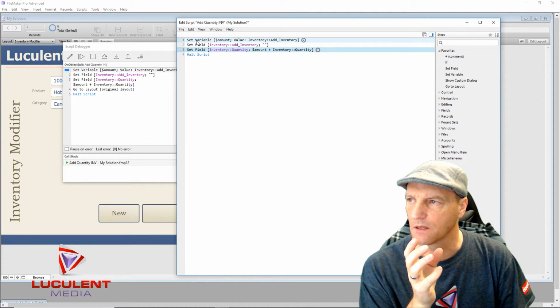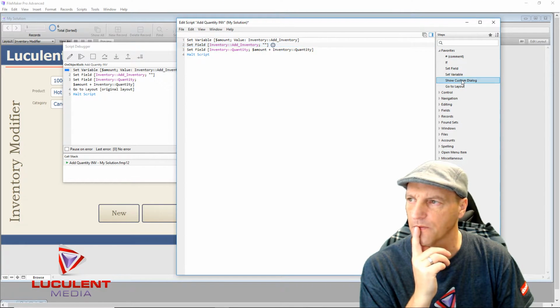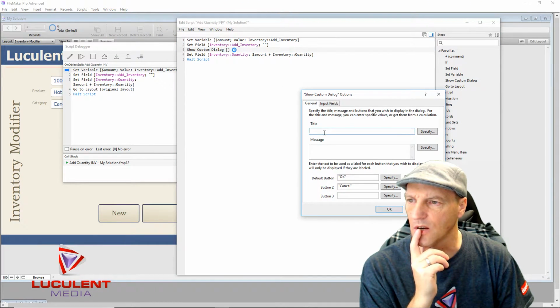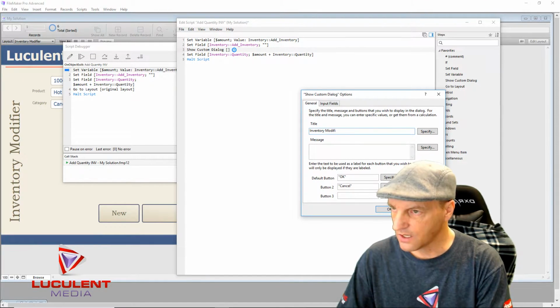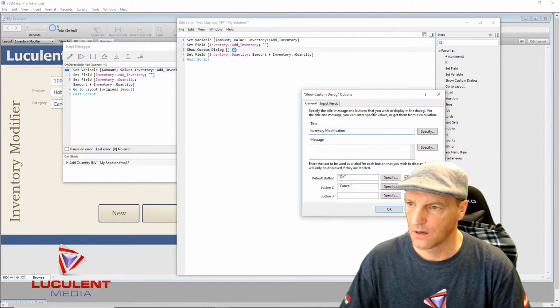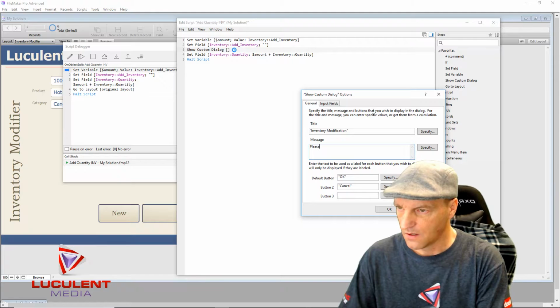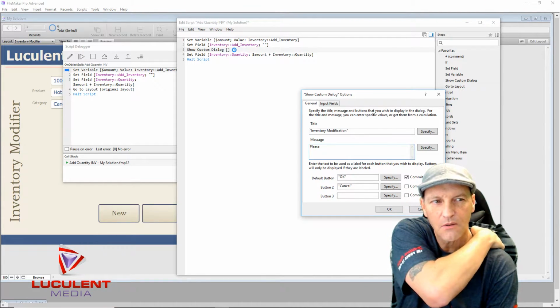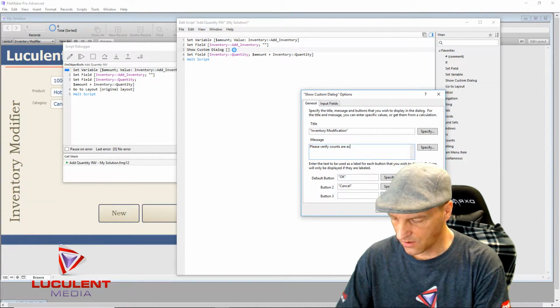So it'd be like set the variable, then set the field, and then show custom dialog, and the dialog would be inventory modification, and then we'll just say please verify counts are accurate